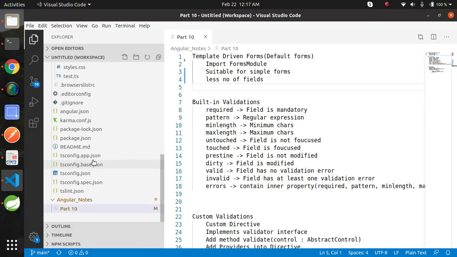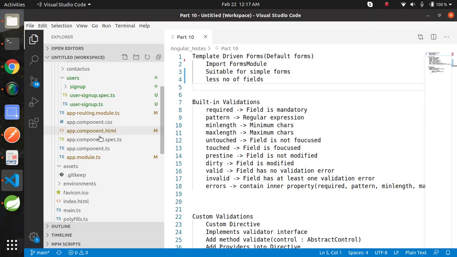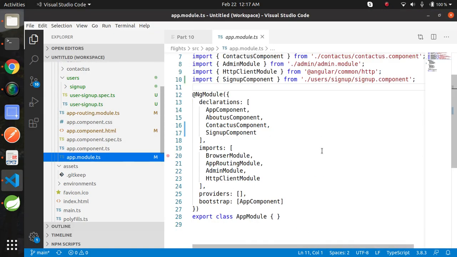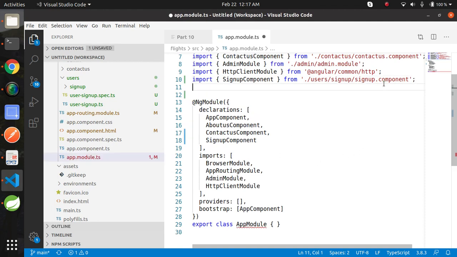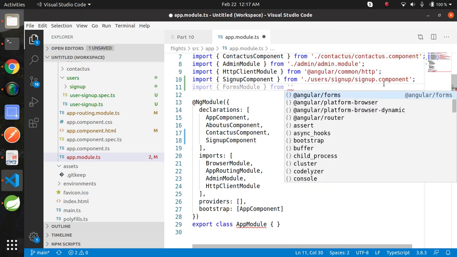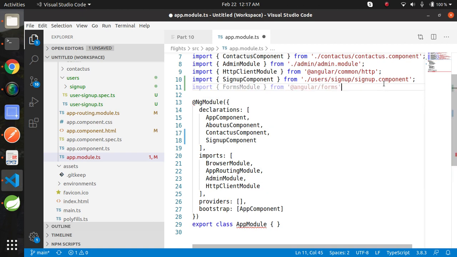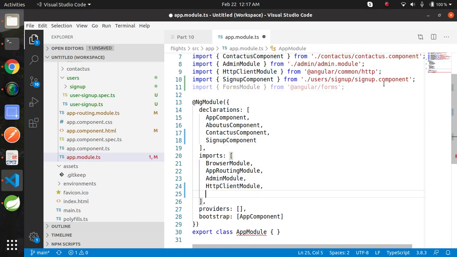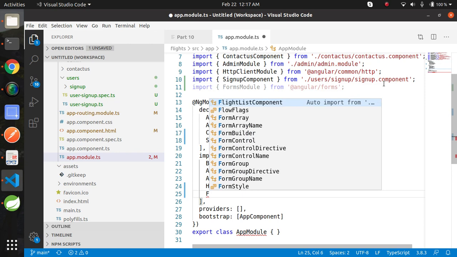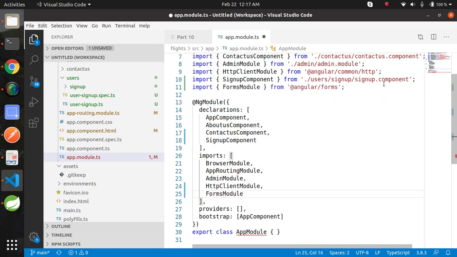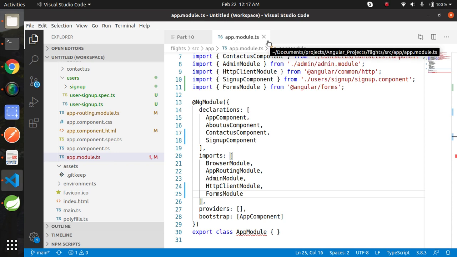Now go to your app.module.ts, import forms module. Add into the imports section. Close this file.